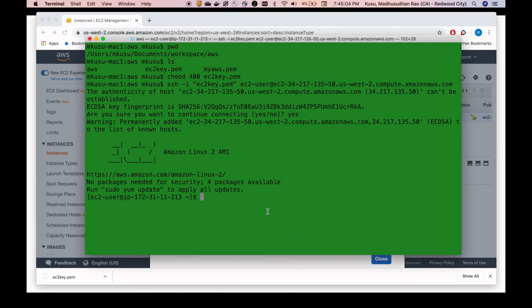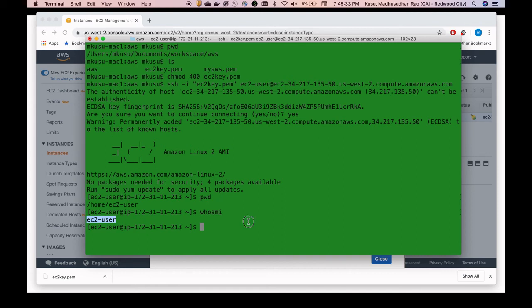If you want to see where you are in Amazon Linux, to print working directory, type the pwd command, print working directory. So you logged into the EC2 instance. You are in the home and EC2 user directory. And if you want to check what user you are using to log in, type the whoami command, and you can see you logged in as an EC2 user.